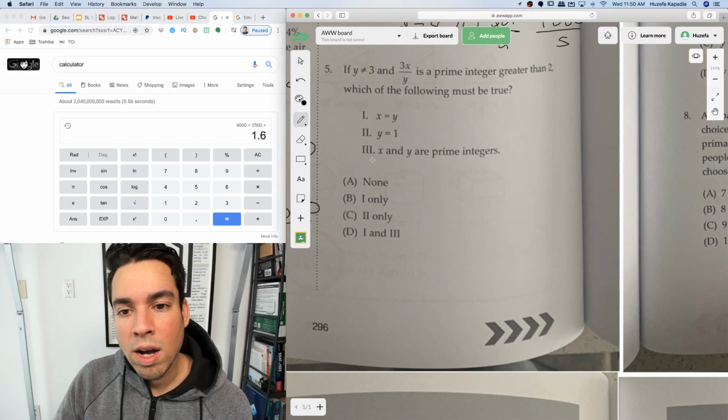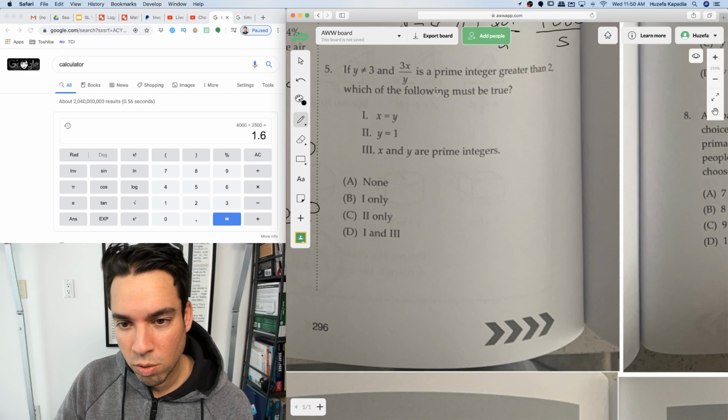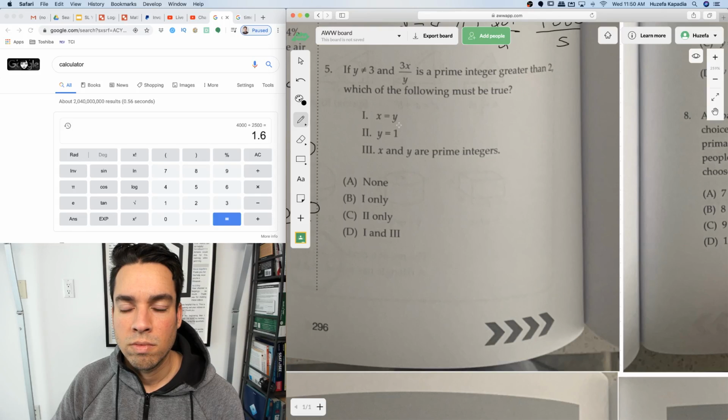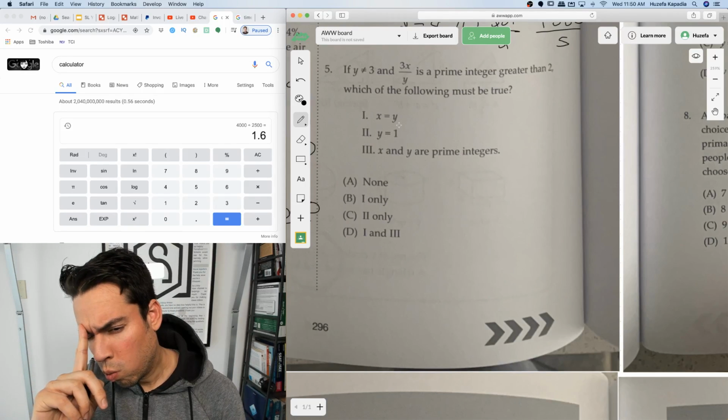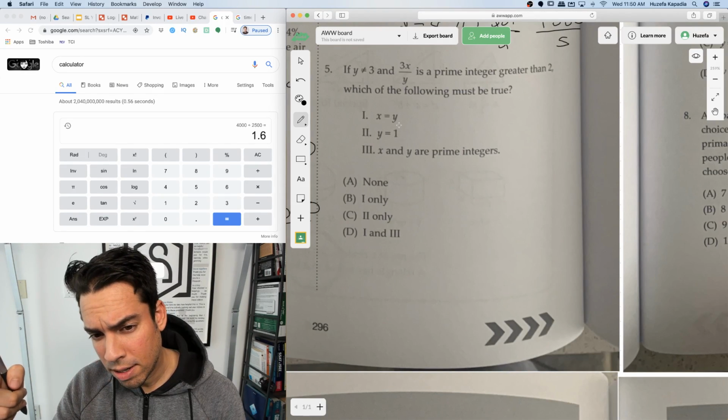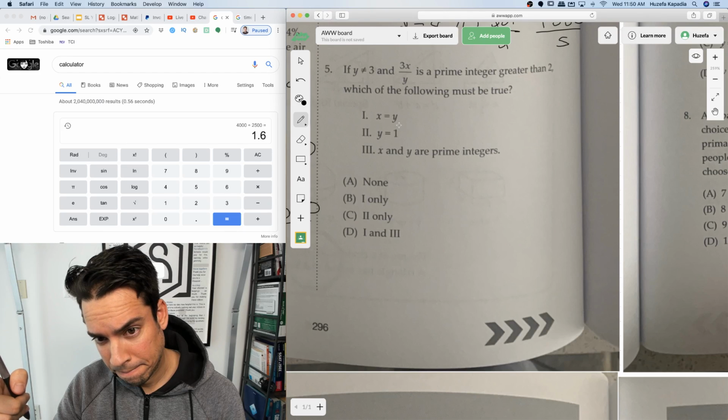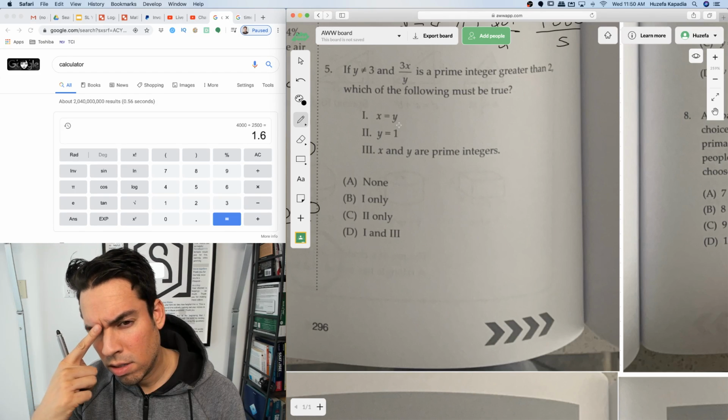I already know. Y does not equal 3, and 3x over y is a prime integer greater than 2. X over what? Got it. Okay, okay. Which of the following must be true? Okay. Y cannot be 1. Because